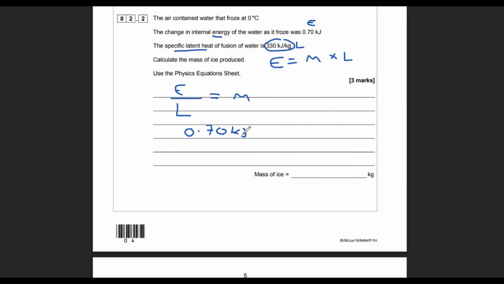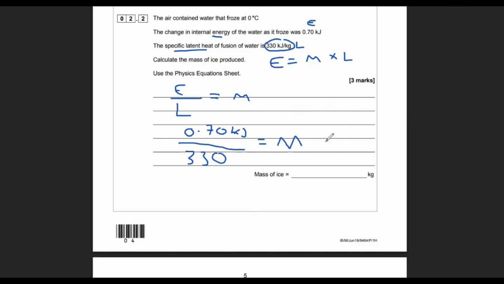kJ. We need to check the units. The energy's in kJ. The latent heat is in kJ. I don't need to change to joules or anything like that. And I'm going to divide that by the mass, oh, sorry, by the specific latent heat, which is 330. And that should give me the mass of the ice. Let's put that in. So 0.7 divided by 330. What is that? 0.7 divided by 330. It is